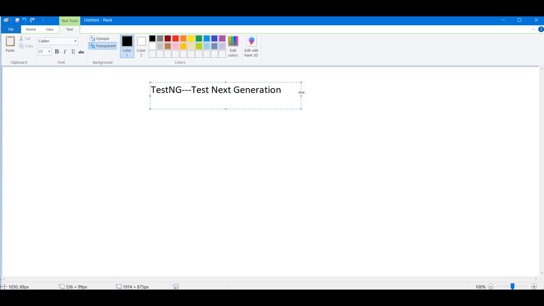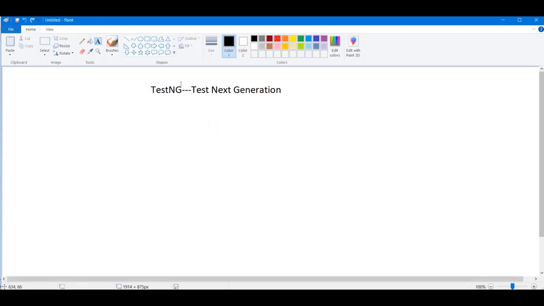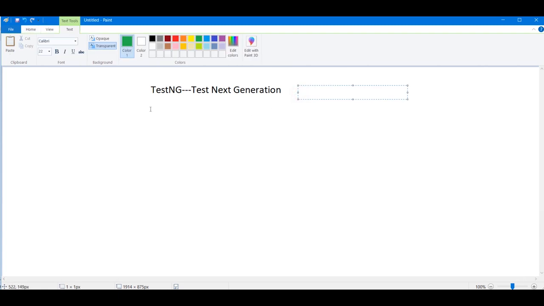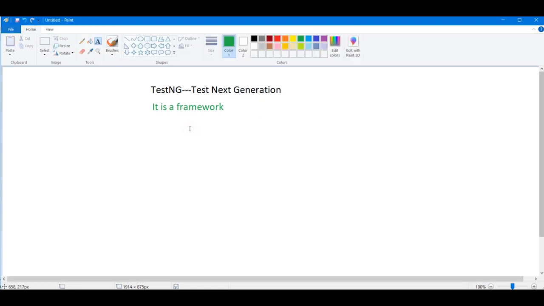It is a framework. So I just need to select another color to highlight the points. We all know this thing, it is a framework.